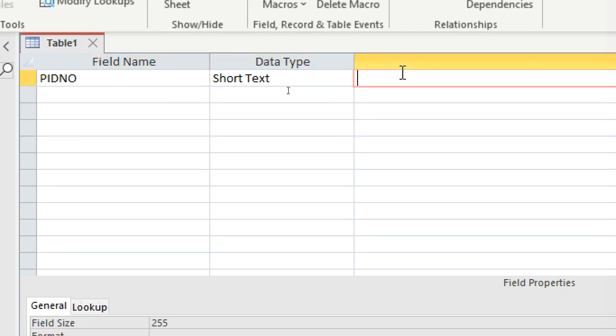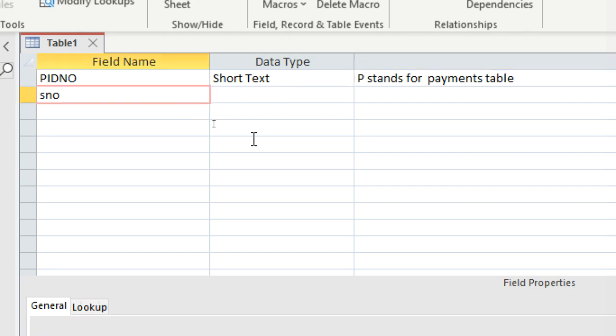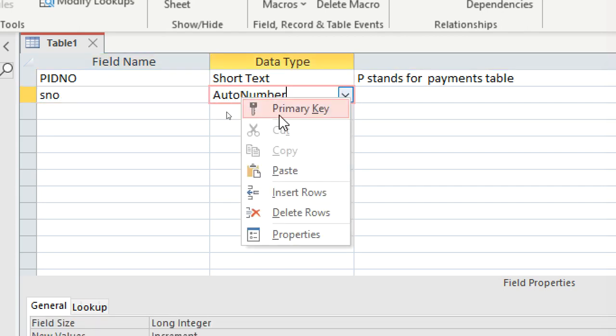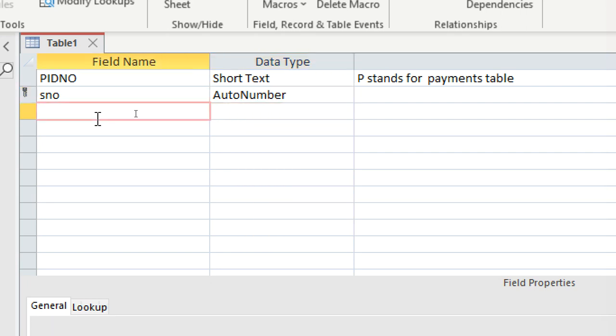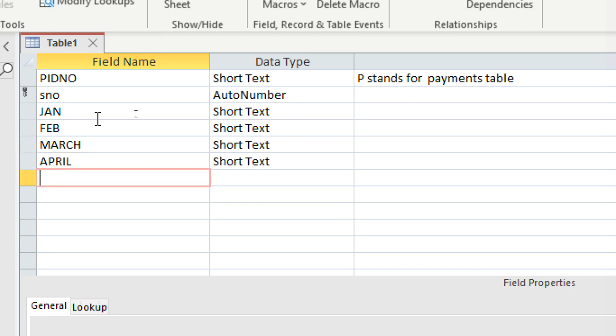this one will be text, so P stands for payments table. So we have that one. Then you can have serial number, this is auto number and primary key. Then we shall have January, Jan, Feb, March, that way April, May,